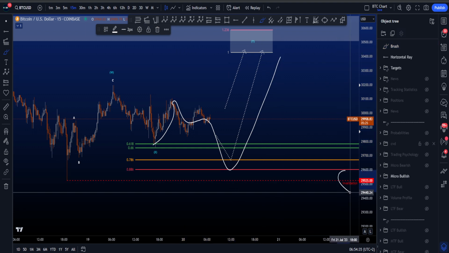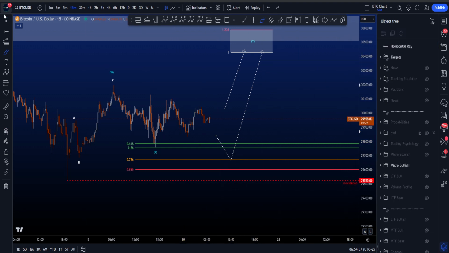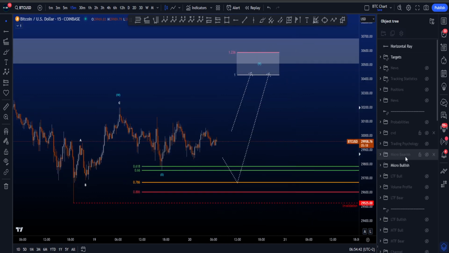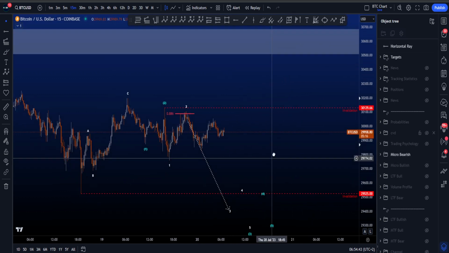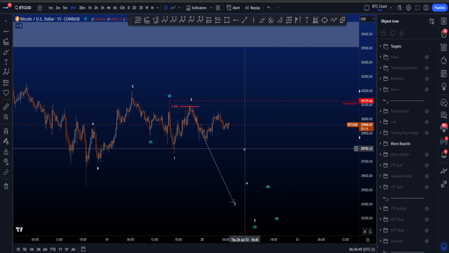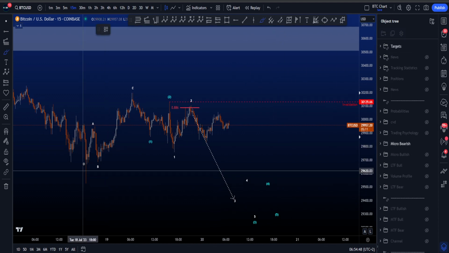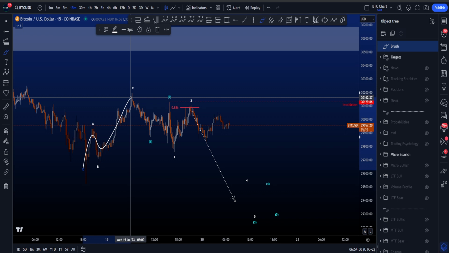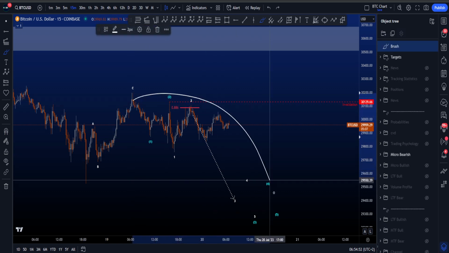So still the invalidation would hold in this particular scenario, and preferably this low is going to hold anyway for this more bullish scenario towards the upside. In the more bearish scenario, we're going to continue towards the downside. So in this scenario, we then have a three-wave correction which is finished, and we are now looking for an impulsive structure to the